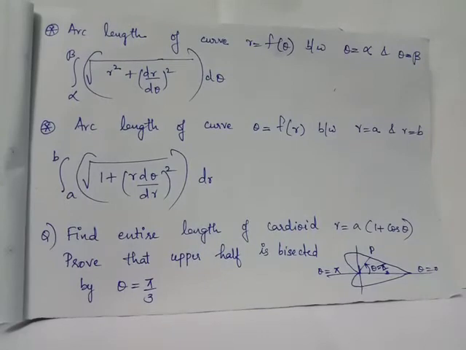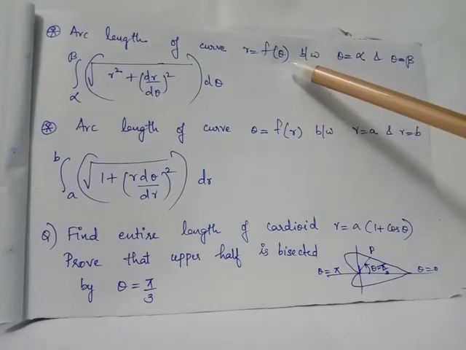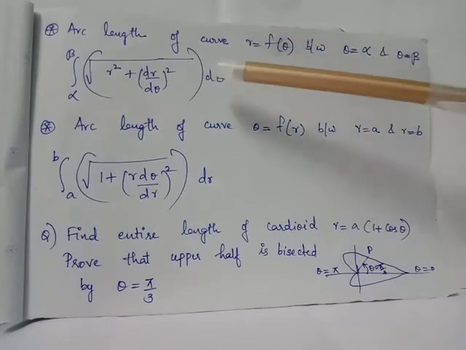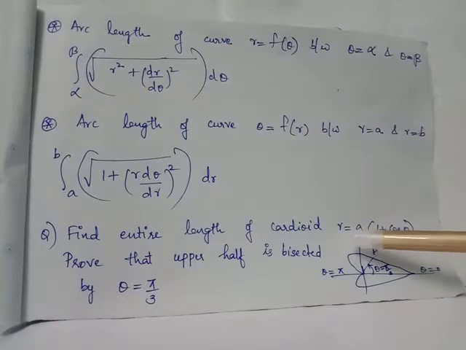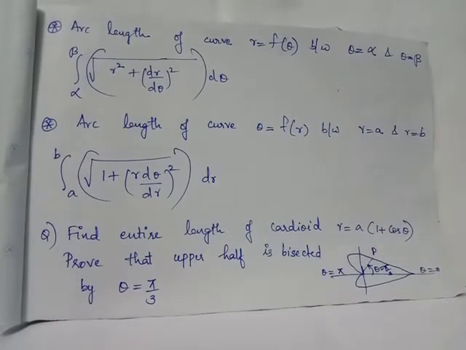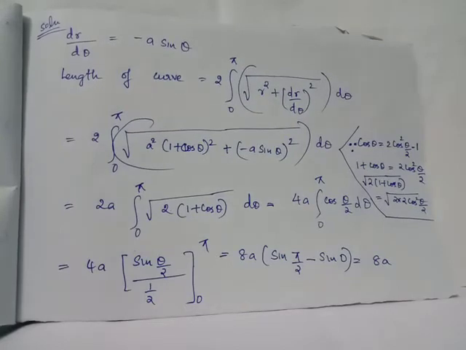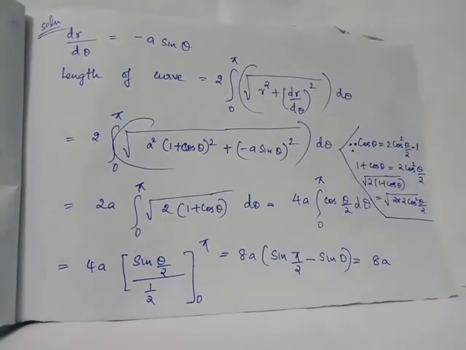Here the cardioid equation looks like the format curve r equal to f of theta with the range of variation of theta from theta equals 0 to theta equal pi. So we will make use of this equation here. We found the range of variation of theta. Our next step will be to find out dr by d theta, that is taking derivative of this expression r equals a into 1 plus cos theta with respect to theta. We have dr by d theta equals minus a into sin theta. Hence the arc length is given by integral 0 to pi root of r square plus dr by d theta the whole square into d theta.